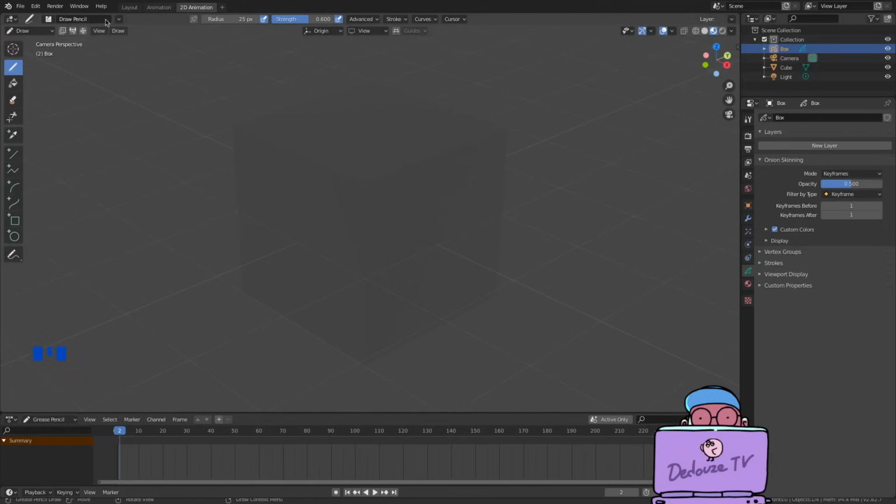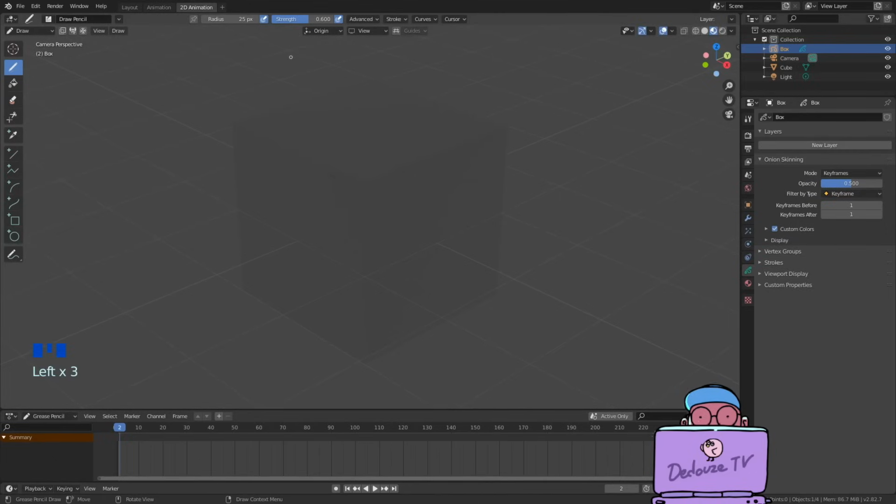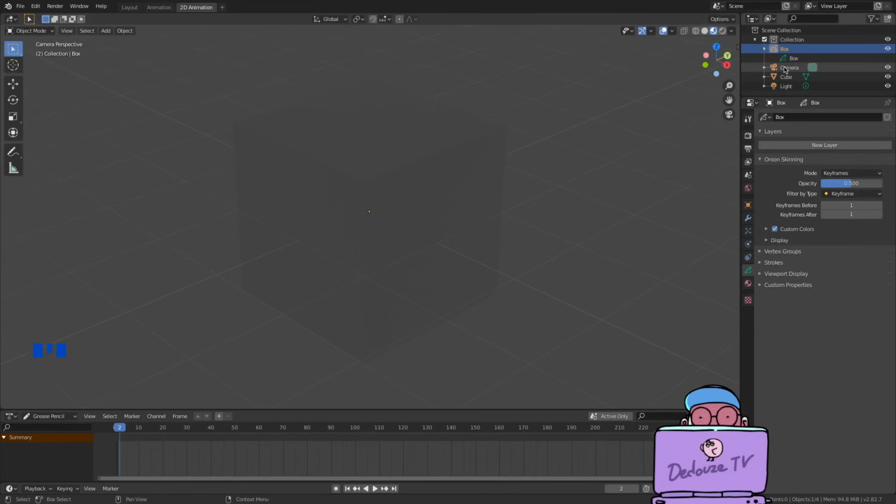It's the drawing tools. So don't be confused by the way it appeared suddenly. This menu is actually available only because we are in a grease pencil object now. If you go out of the grease pencil object, even if you're in the 2D animation tab, this menu will disappear. By the way, to go out of your drawing and edit another object, you must switch from draw mode to object mode, and then you can click on the other object.